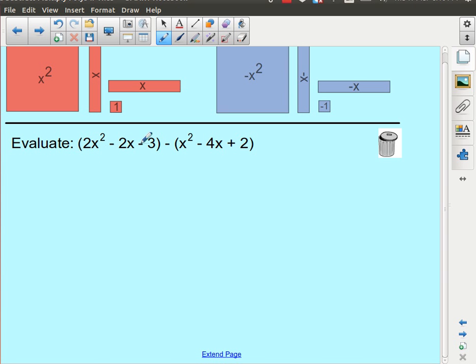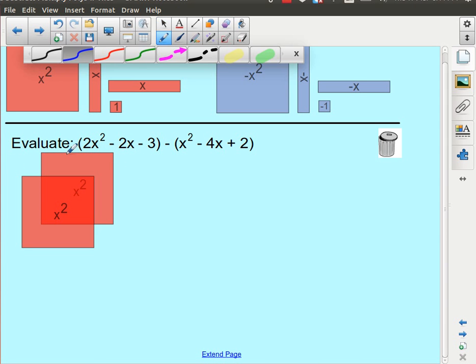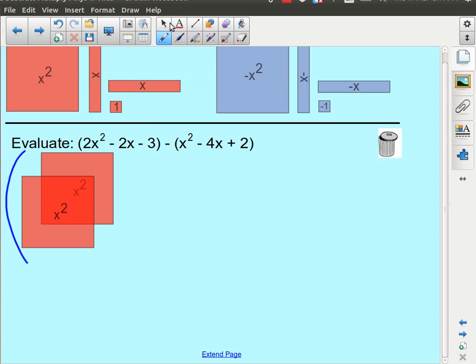All right, we're really going to start to see some of the limitations of algebra tiles here. This is still doable, it's just going to start to get, you can see I'm overlapping tiles to try to save room. So my first bracket is 2x squared minus 2x minus 3